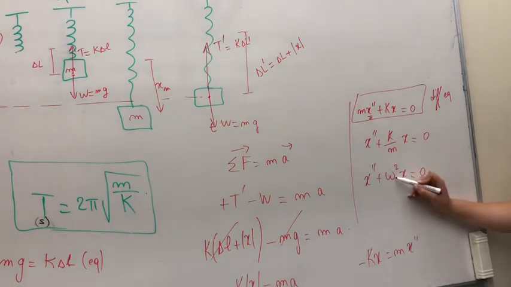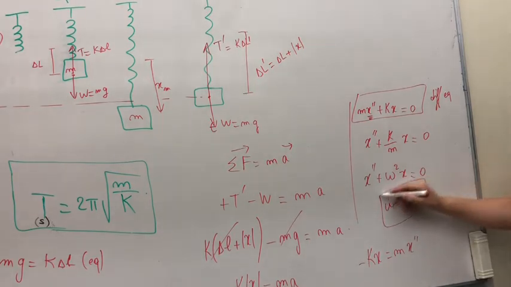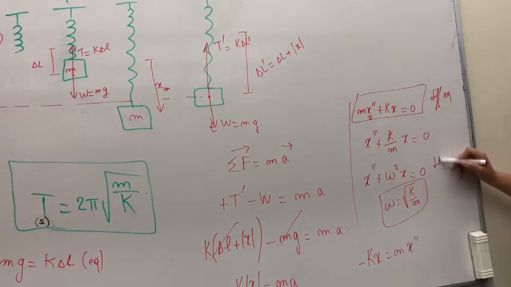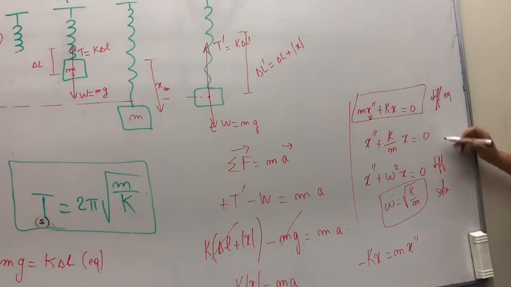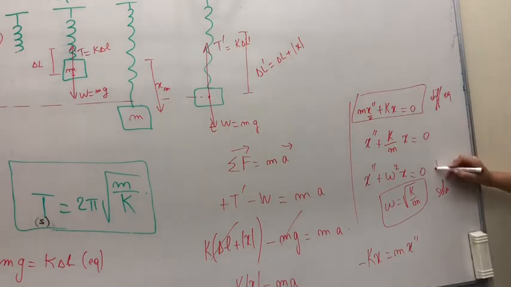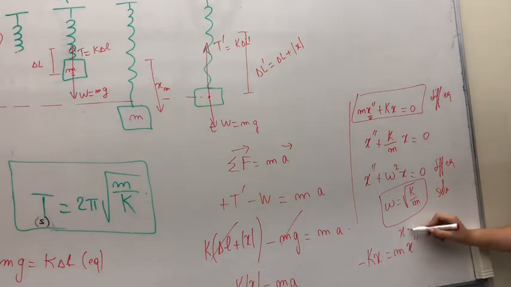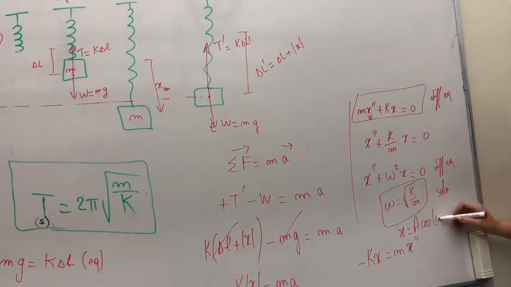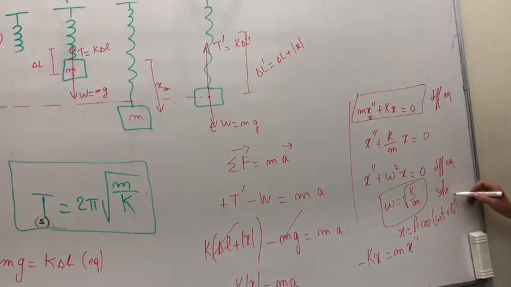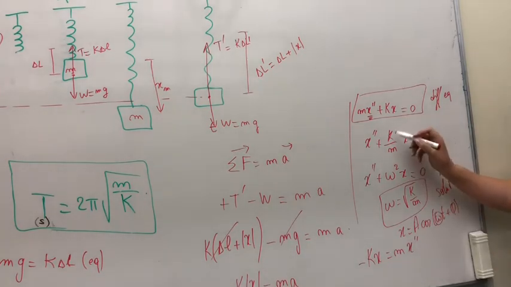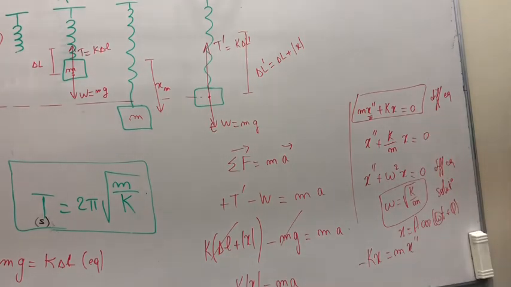where omega is radical k over m. Okay, how? Always, every differential equation in math has a solution. Sorry, from here to here this is a differential equation. For this differential equation, the solution is x equals a cosine omega t plus phi. This is the solution, where omega is radical k over m in physics, and in math it is this omega squared